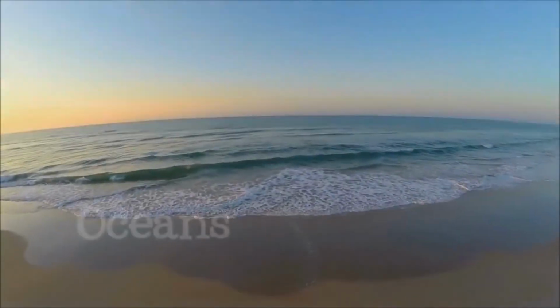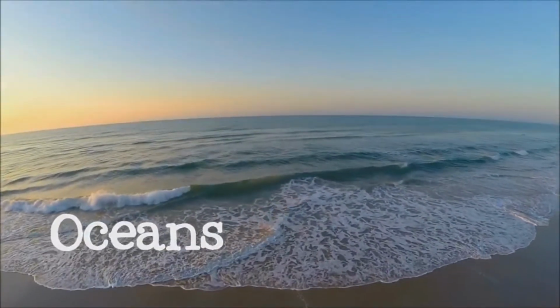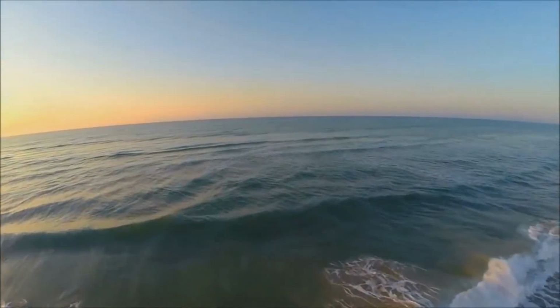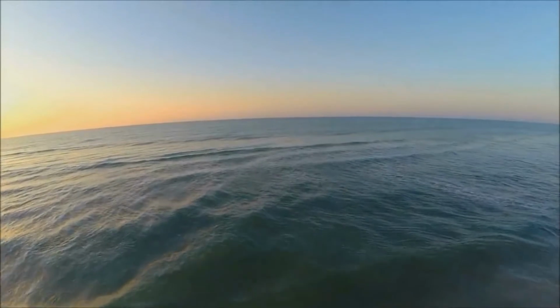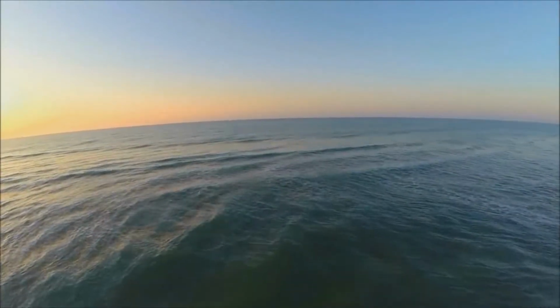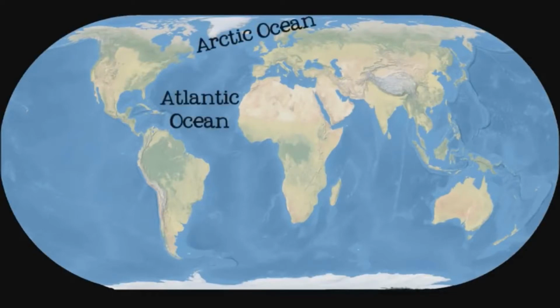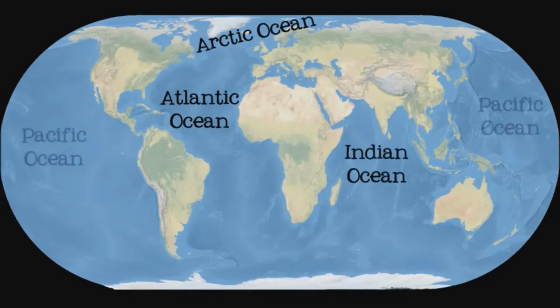Oceans are large areas of salt water between the continents. Although all of the oceans are connected to each other, making them one big ocean, we divide them into 5 smaller oceans that are separated by their location and the way the water in them moves. These oceans are the Arctic Ocean, the Atlantic Ocean, the Indian Ocean, the Pacific Ocean, and the Southern Ocean.